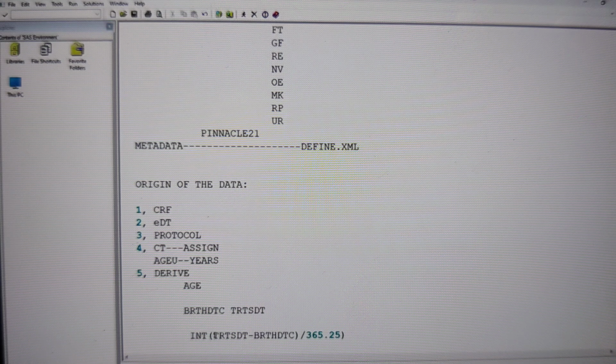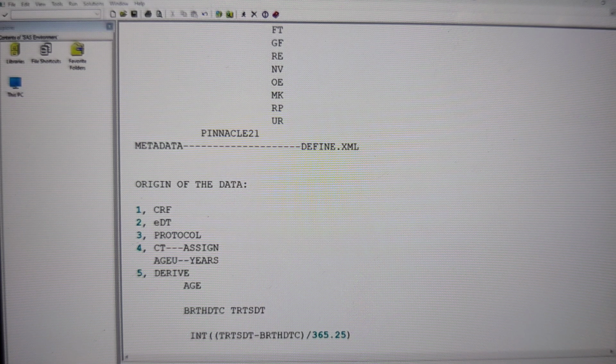So if somebody asks how we got this age value, the origin of the age value is derived, because as a SAS programmer, I'm deriving this one. Understand this one? So these are some of the important sources of SDTM variable data. The important source of the data is the CRF sheet. Sometimes we capture data directly from the machine, and sometimes we collect the data from the protocol. Then sometimes, based on the controlled terminology, I am going to assign the value, and finally, as a SAS programmer, I am going to derive the values. By using any of these methods, we are going to get the data.